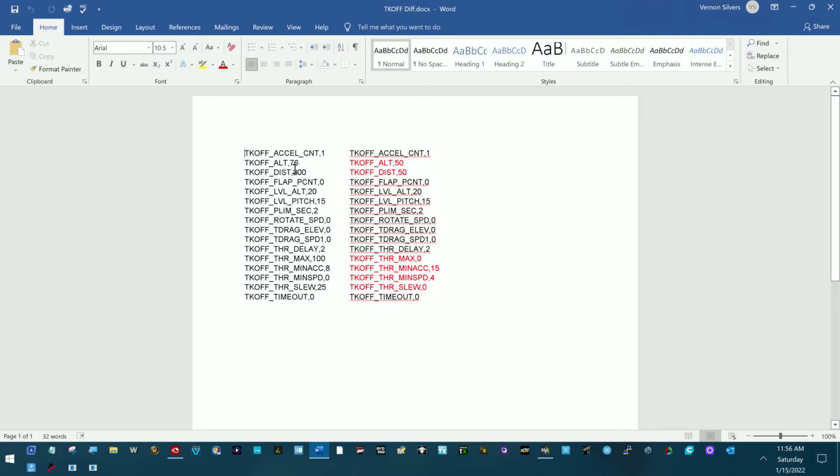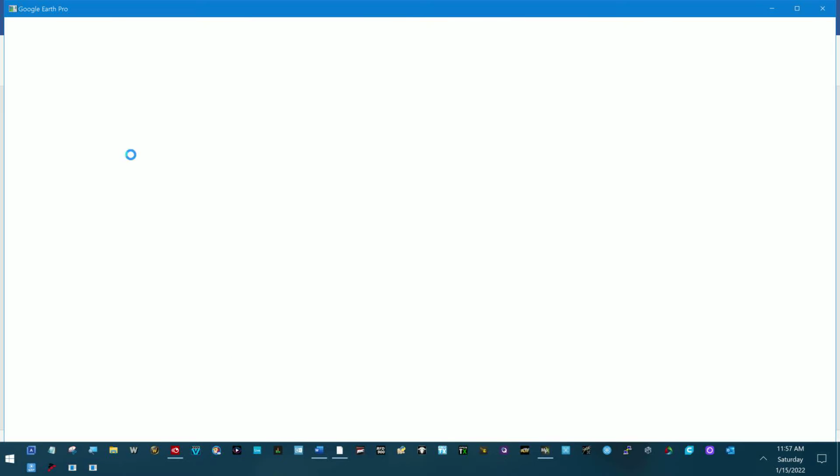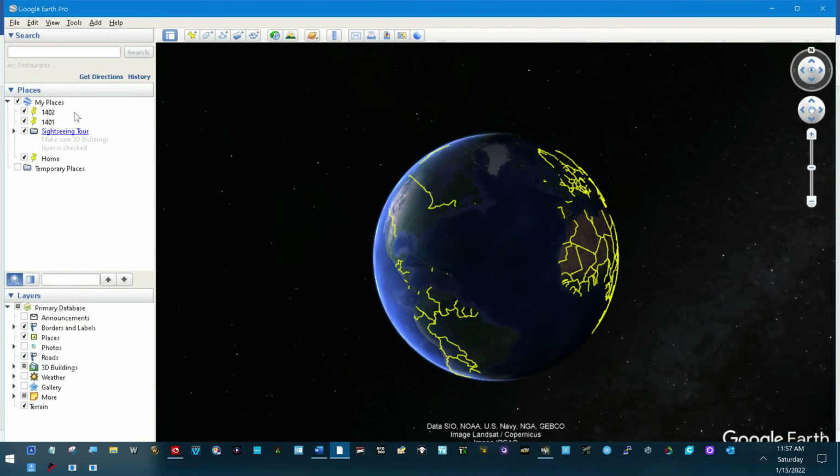Now, they're using a takeoff altitude of 76. I've just got it at 50. They're using a takeoff distance of 200 meters. I've got that set to 50 because I just don't want it going that far. Had it done that yesterday, I would have been in a little bit of trouble